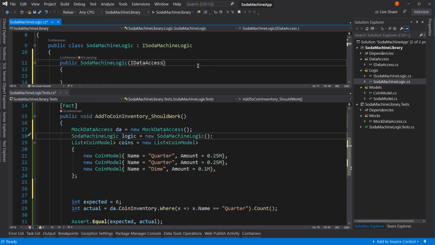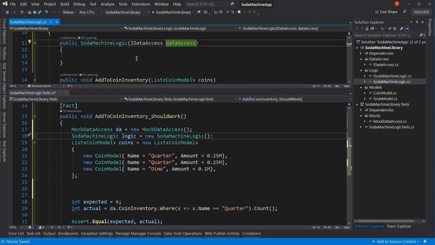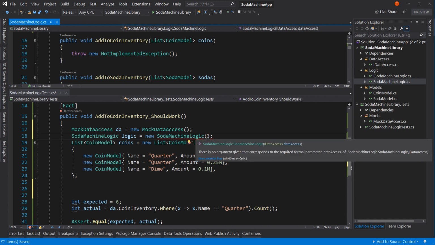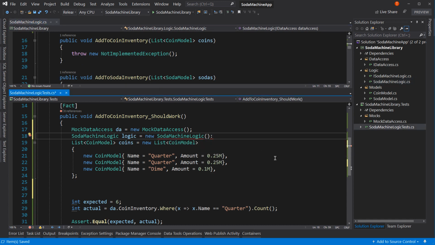Control dot to add our using statement and call it data access. Now we'll leave it alone. We won't actually do anything with it. But that's because we know we're going to do that for our dependency injection. And here we can pass in DA instead. And what this will allow us to do is pass in our mocked data access